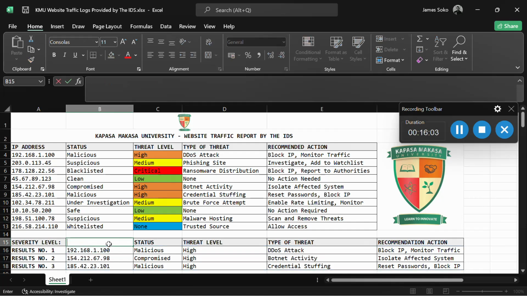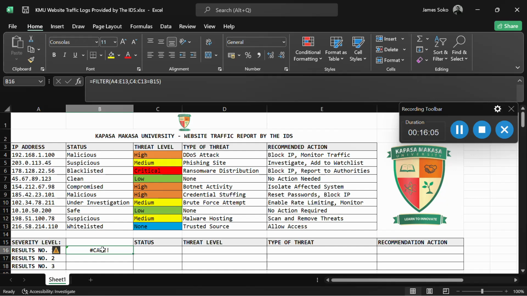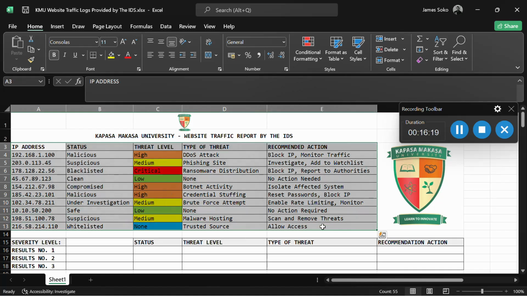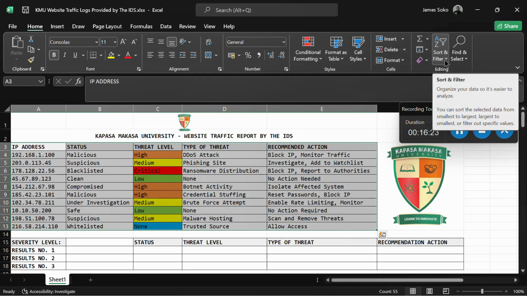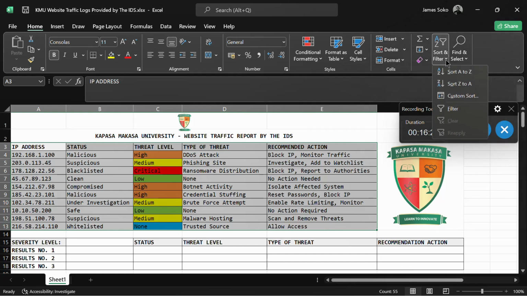Okay. Now since we've talked about all the types of filtering, let's just see the simplest way you can filter out your data. The first thing is to highlight everything you have, such as this data set or array. Then you are going to see this symbol, which is sort and filter. So I'm going to target filter.